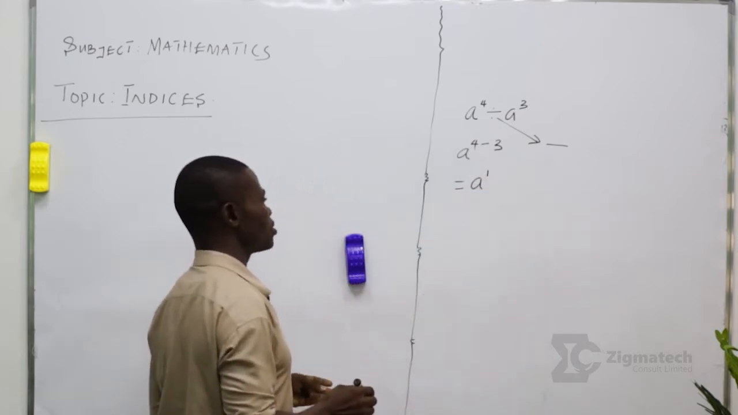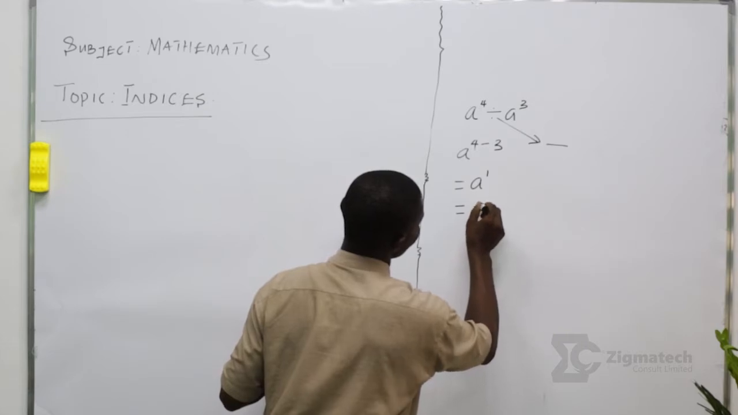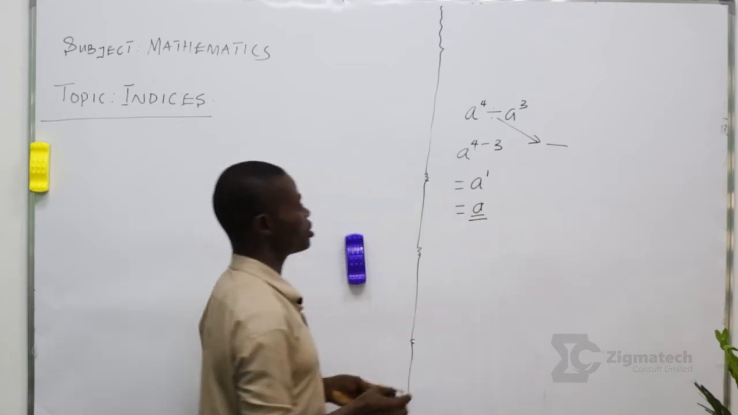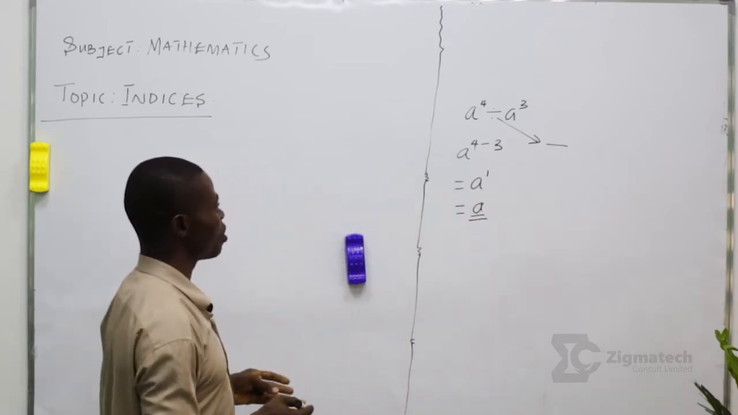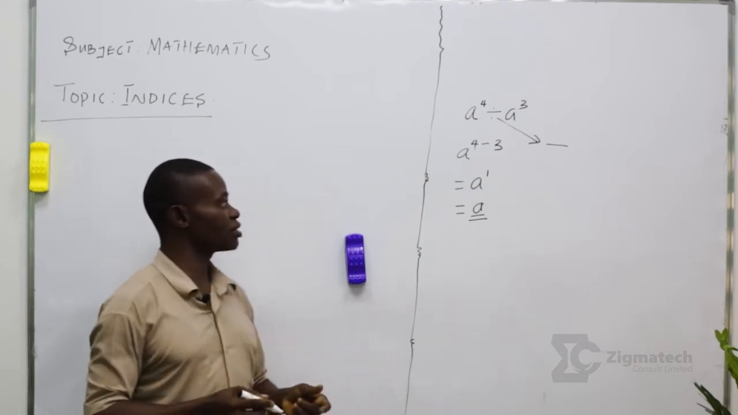But in mathematics, there's nothing called a raised to the power 1. Instead, you say your answer is what? a. This is the introductory part of the division law. Let's look at the next law,